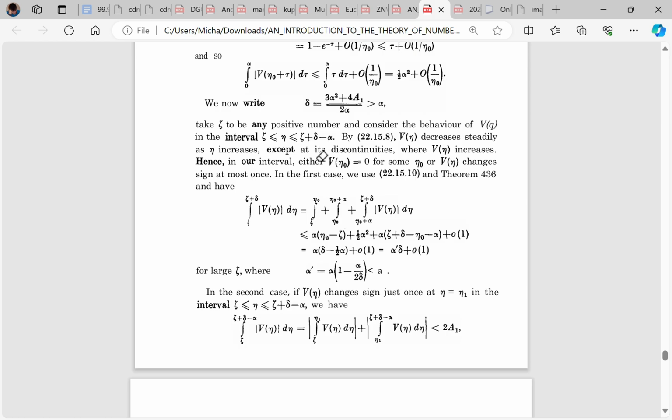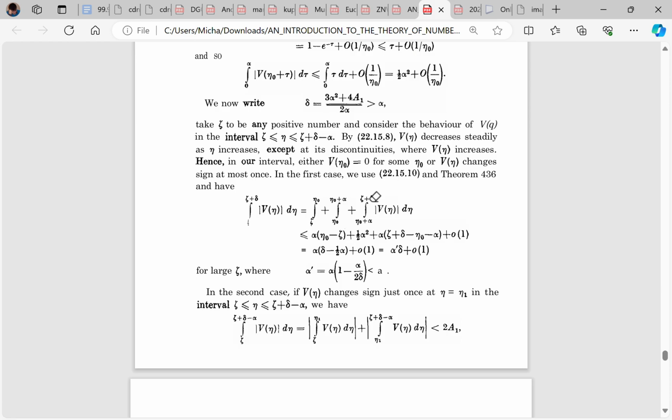Okay, but I guess it's not talking about this interval more generally than it is, which is good because it could get a bit confusing. So here we're talking about zeta to zeta plus delta, and we're using this specific interval. So we're breaking it up into... so this interval contains this interval. Okay. So if there's a value that gives you 0,